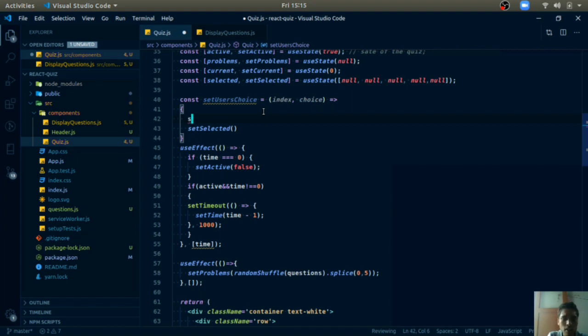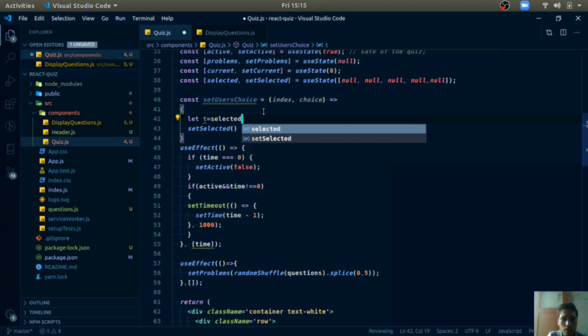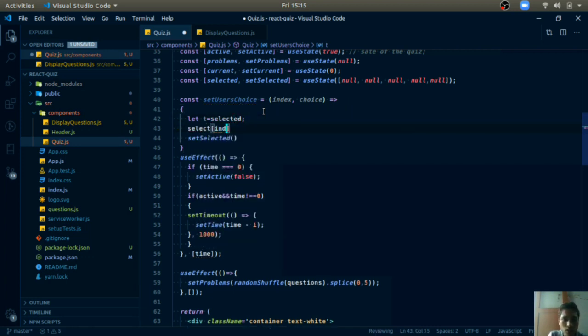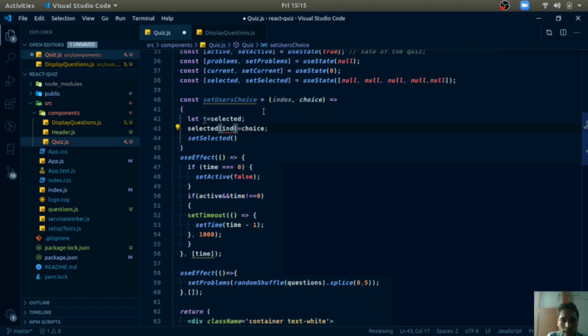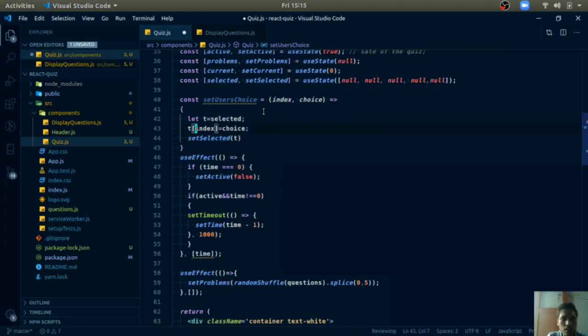So we will write let t equals to selected, and manipulate this the way we want, selected index equals to choice. It should be index, and after manipulating this array we will pass it to set selected t. So this will change this selected state of our quiz component.